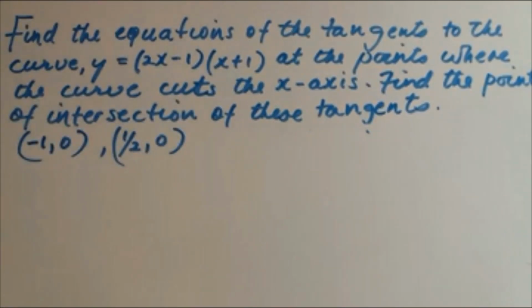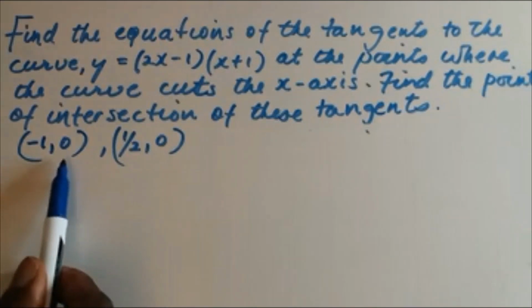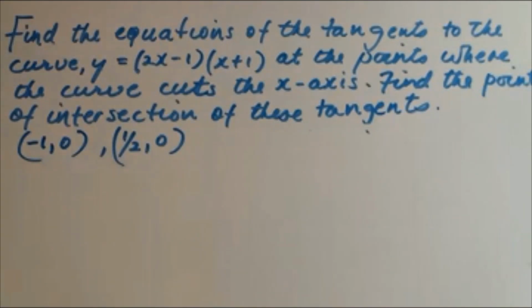Now that we have our 2 points, minus 1, 0 and a half, 0, where the 2 tangents cut the x-axis, we can go ahead now and find the gradient. But how do we do that? Well, what we're told is that the curve cuts the x-axis at these points, so we know the y coordinate is 0 in both cases,